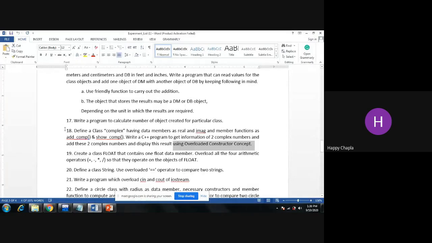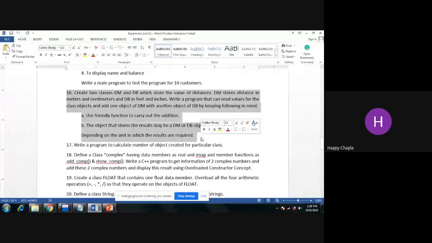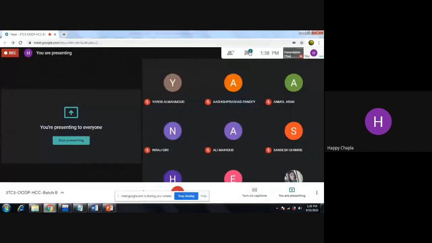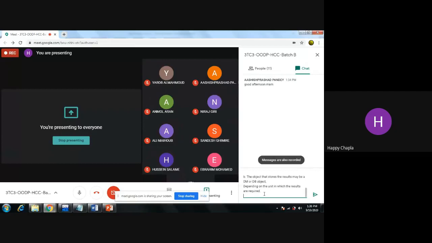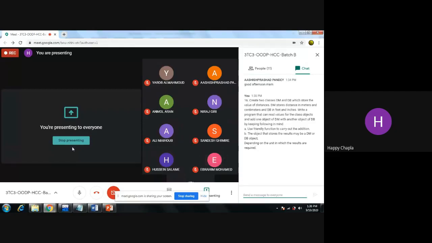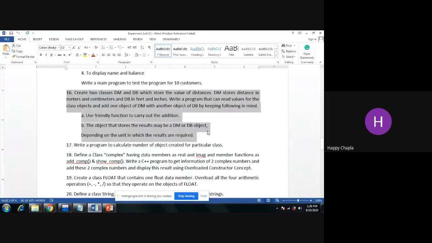Okay, now here is the next question. That is question number 16. I'm pasting that question over here. Now we will discuss that question, but first try to understand that question by yourself and let me know what we will implement in this question, how we can solve this question, or how we can implement our program.